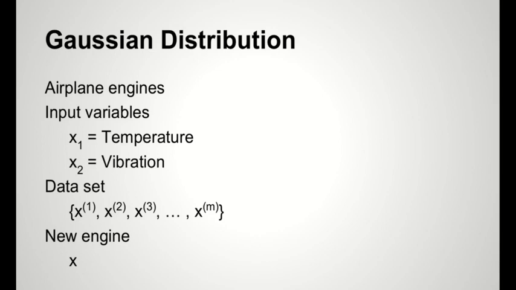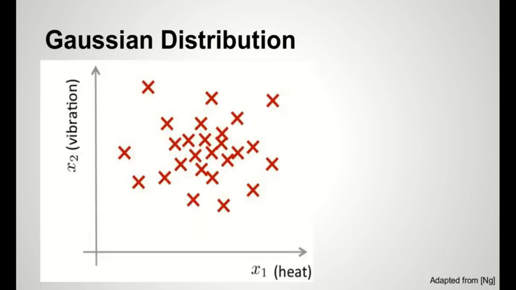So let's say we plot this data. These are our observations, each x here is a new engine, this axis is the heat, and this is the vibration that it produced, that we tested after it was done. And these are all normal engines, and we want to be able to tell that if an engine has this temperature and this vibration, it looks like all the others,